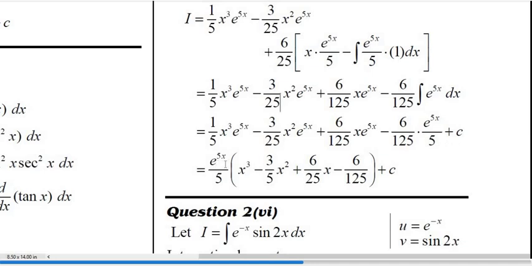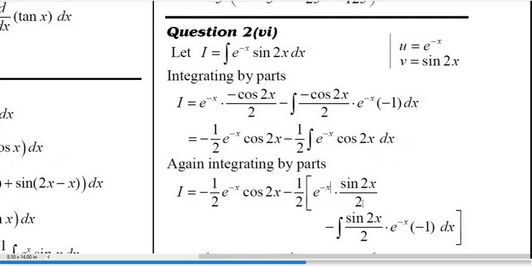Now taking common e power 5x divided by 5, we get x cube minus 3 by 5 x square plus 6 by 25 x minus 6 over 125 plus c, which is the required solution. Next, part number